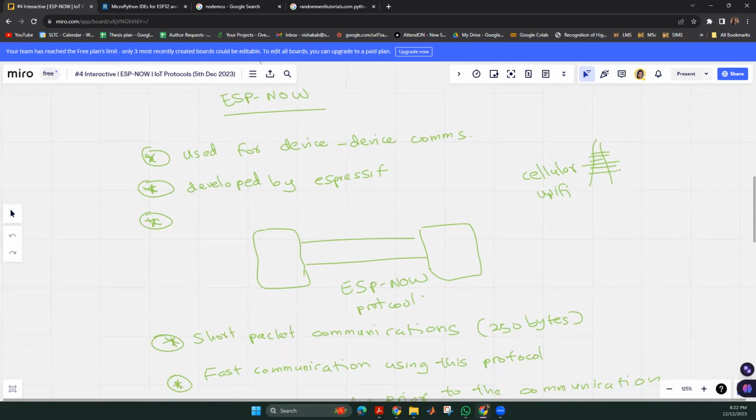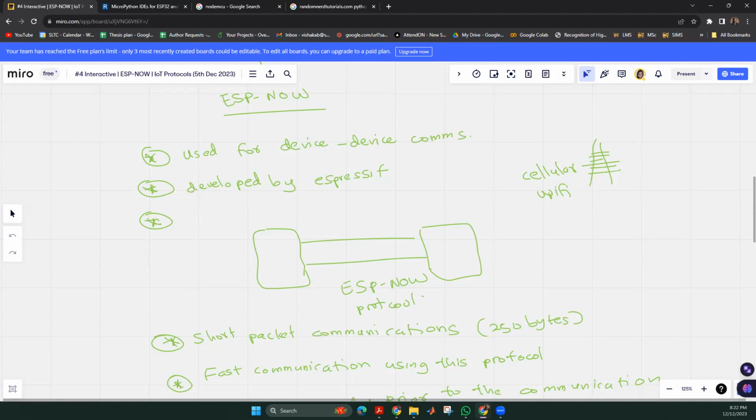So in this protocol, basically you don't need any intermediate network service provider to connect your device to the other device, right? So without any network infrastructure, you are able to connect directly with another microcontroller, and you can get the information back from the other microcontroller.